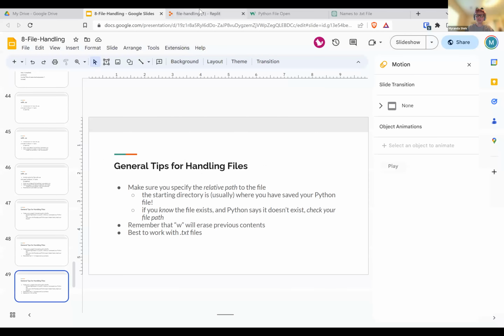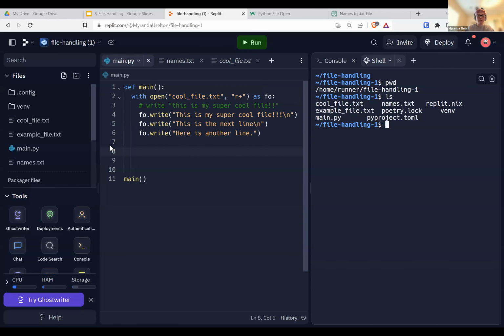Okay, so let me show you an example of using the relative path. So let's just say I'm going to go over here to Replit, and just to review our command line commands, I'm going to make a directory. Does anyone remember how I make a new folder? If I was over here, how do I make a new folder in the command line?